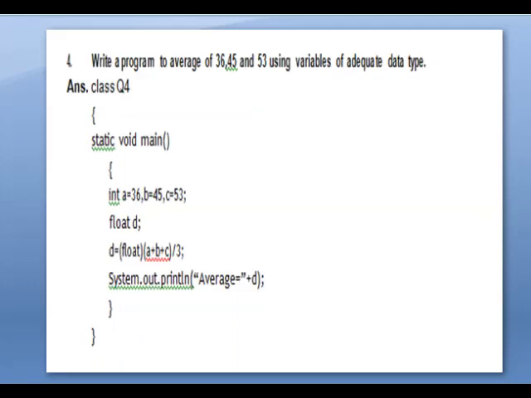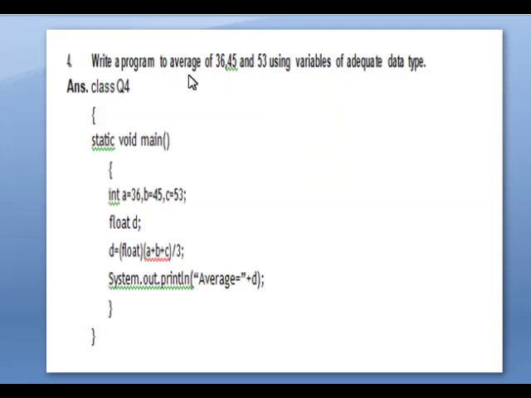now we are going to see the next question, number 4. Write a program to find the average of 35, no sorry, 36, 45 and 53 using the variables of adequate data type. Okay, so all these values are integers, but here we are going to find the average.